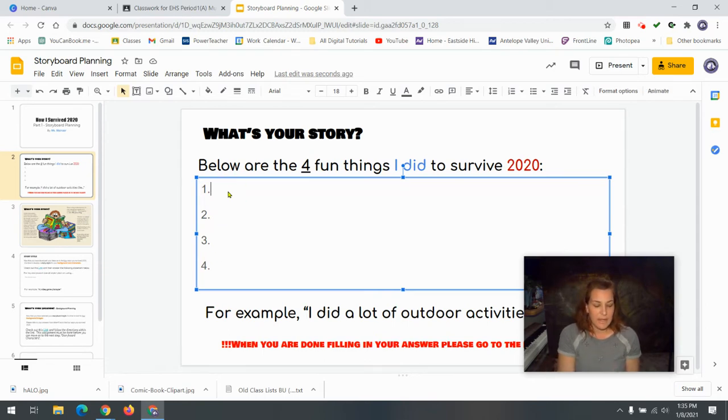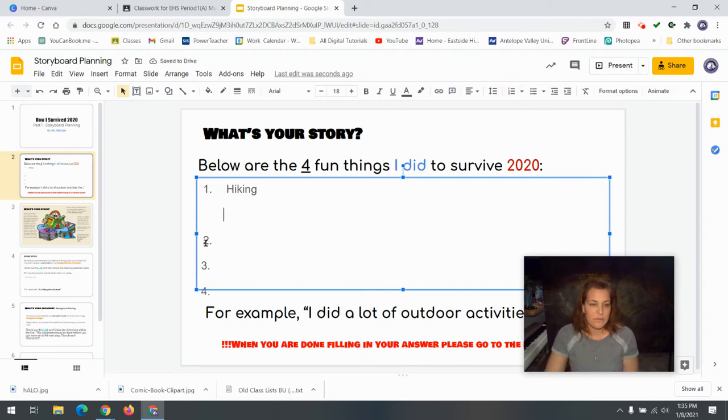So for me personally, and you might have different ones, since I just moved to the mountain region, I have been doing a lot of hiking. So that would be one fun thing that I have done.